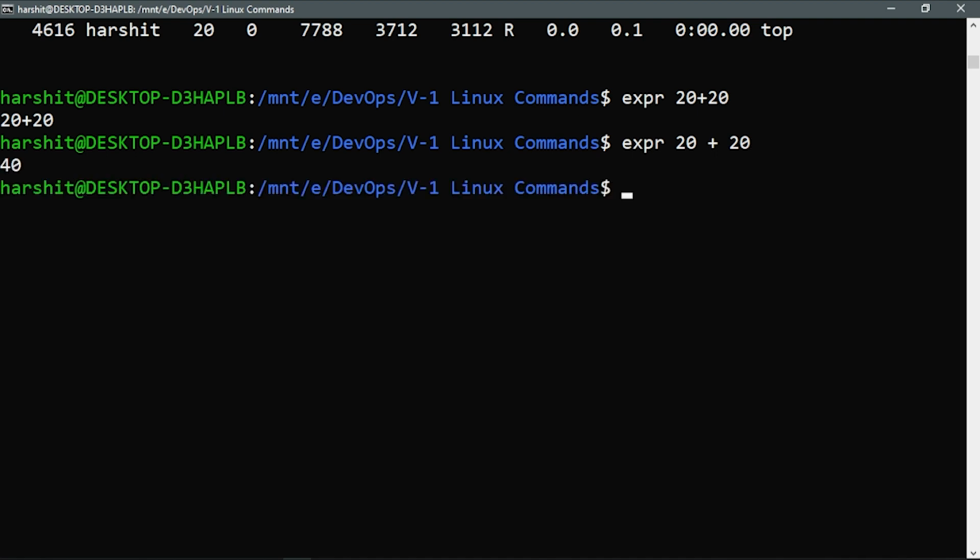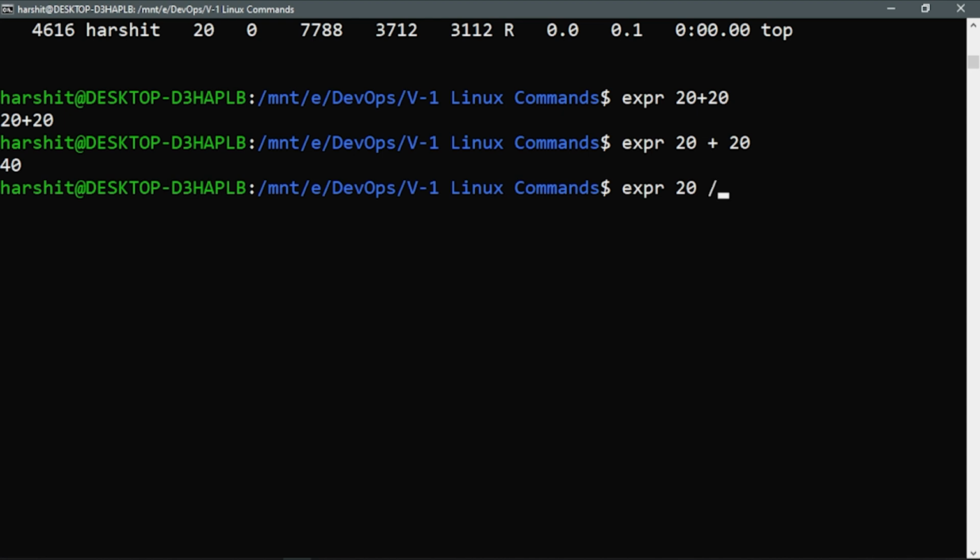It is used to do arithmetic operations like addition, subtraction, modulus on integers, obviously, multiplication and division on the given set of expressions, and then it also prints the output. For example, we have done the addition, right? Now let's try the multiplication. expr